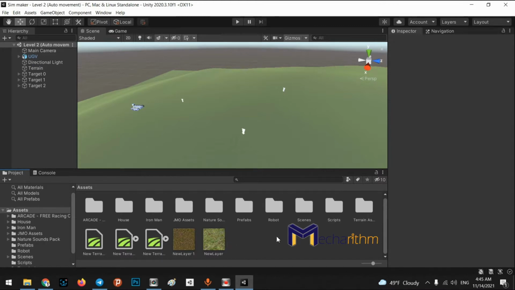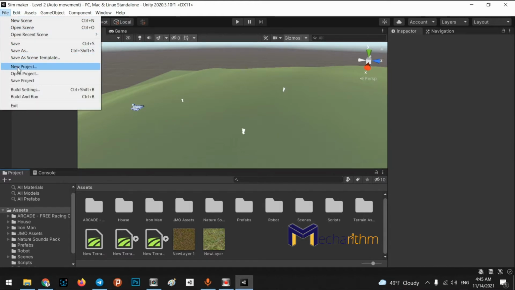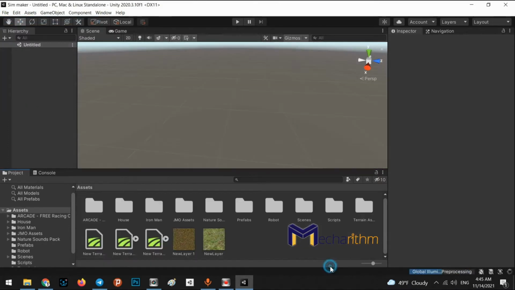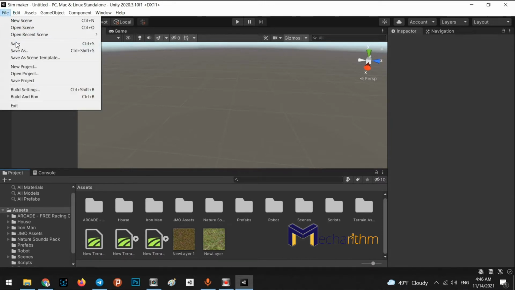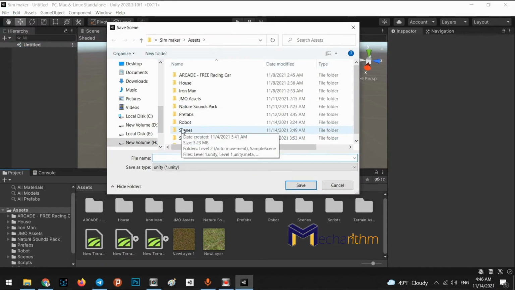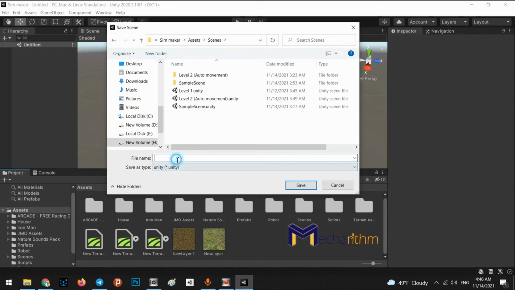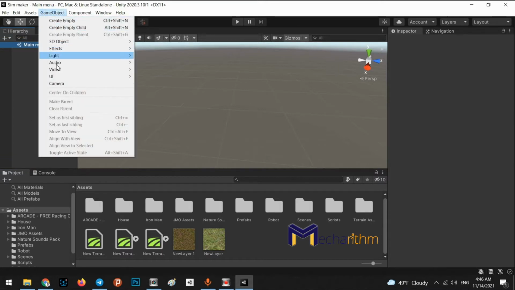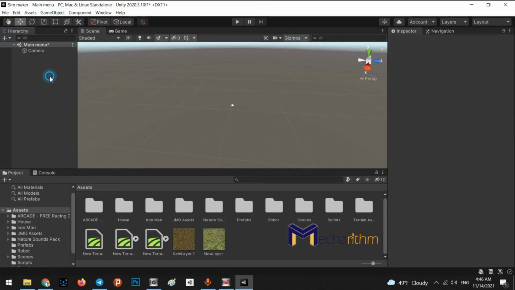Okay, for better understanding, I want to create a new scene, and I put it as an empty scene. Okay, and save it inside of the scenes folder. It's called main menu. All right, as you can see, it is an empty scene without anything, so I will add a simple camera,